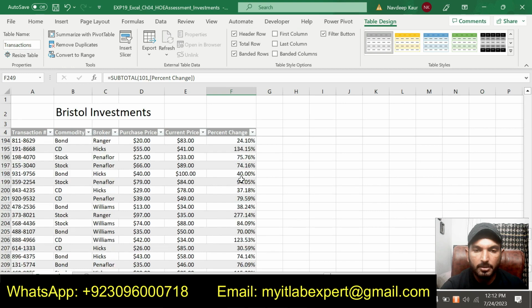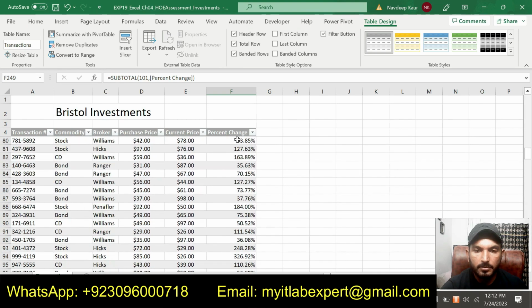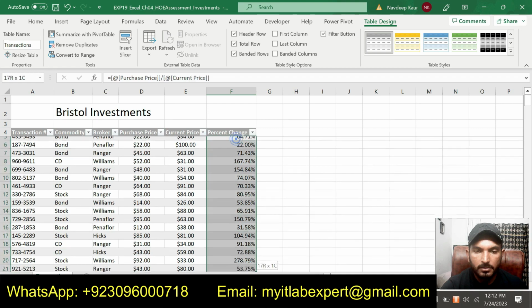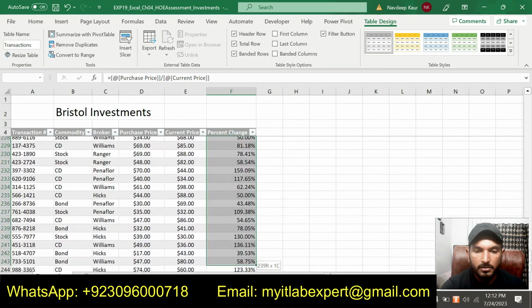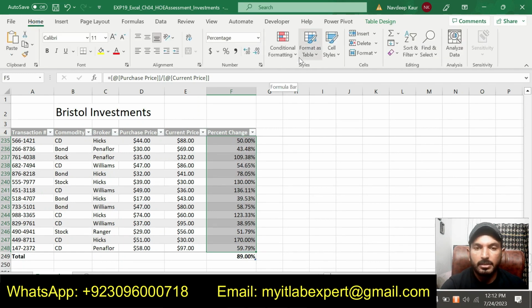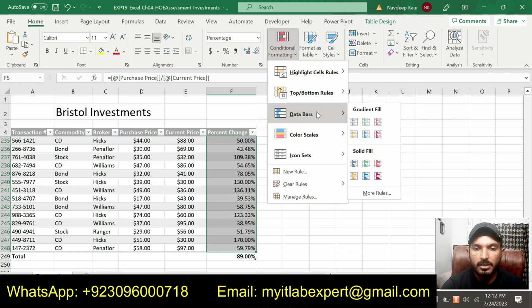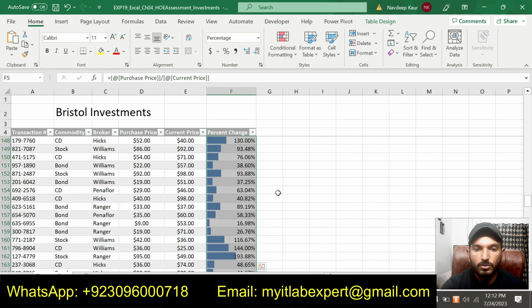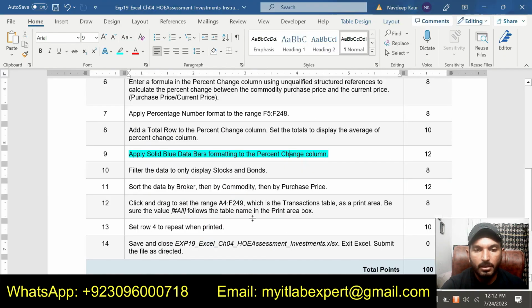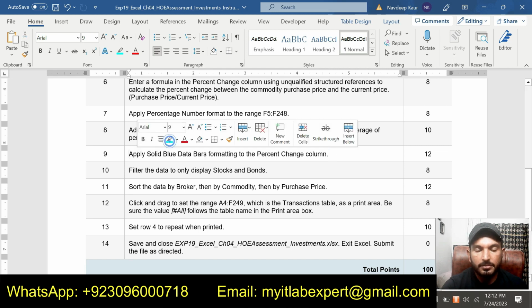So we will select the percentage column, and we will go to the home tab, and then conditional formatting, then data bars, and apply solid blue data bars to this percentage column. So that is step number 9.